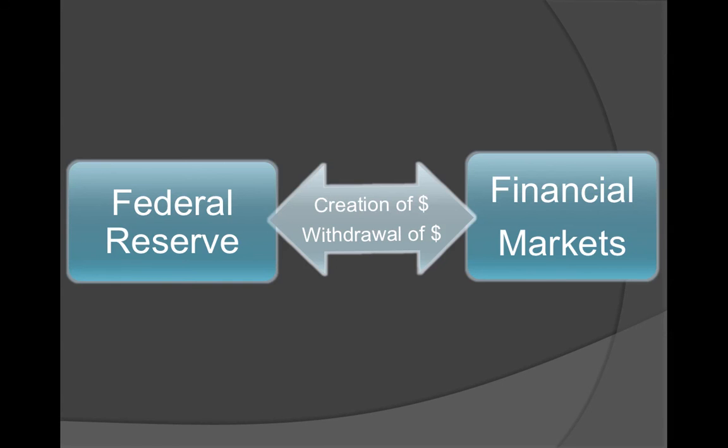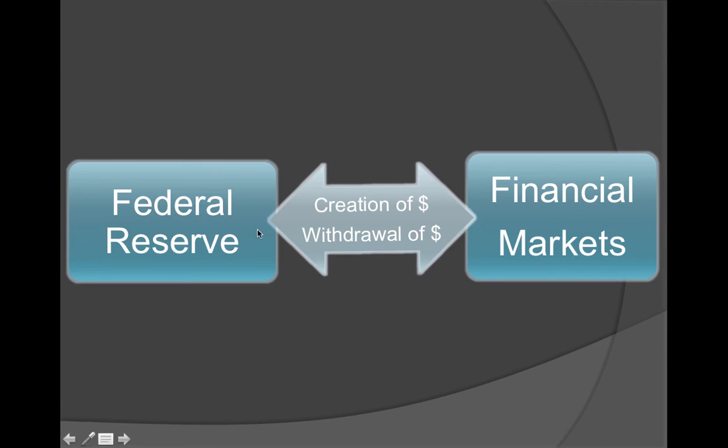This is the illustration. I'm just going to use the financial markets because, again, it really got messy when I tried this. I must not really know how to use these computers very well. I'll keep working on it. I usually just draw out a chart that I give to you guys, but obviously we don't have that. But anyway, the Federal Reserve creates money and gives it to the financial markets.